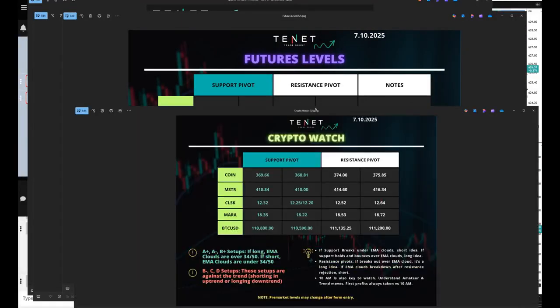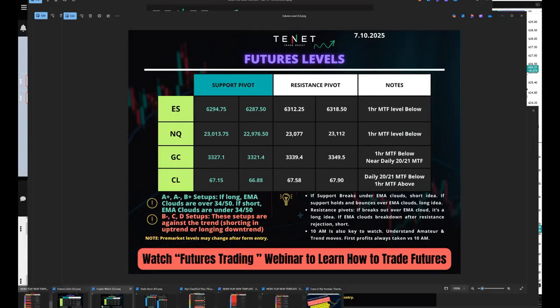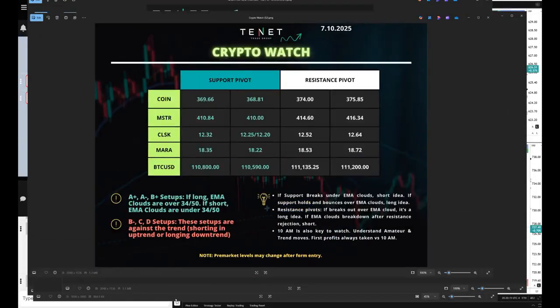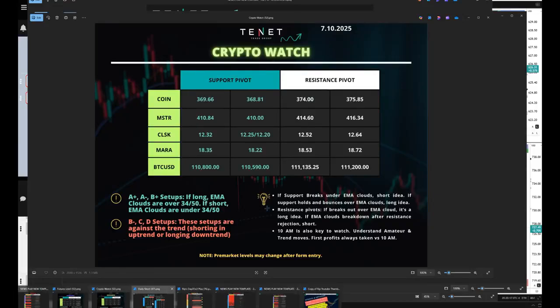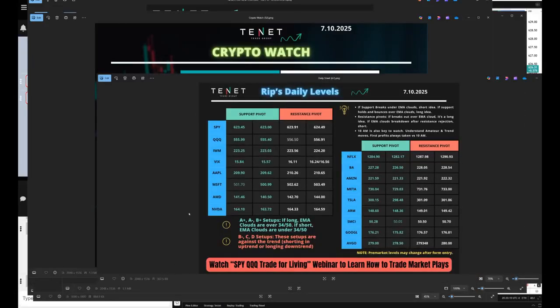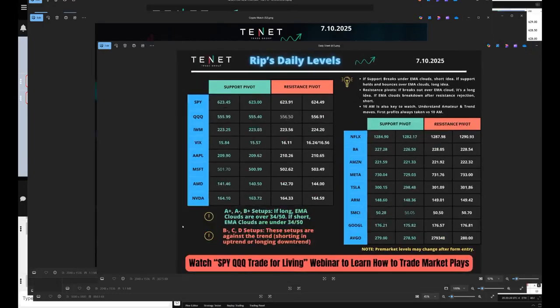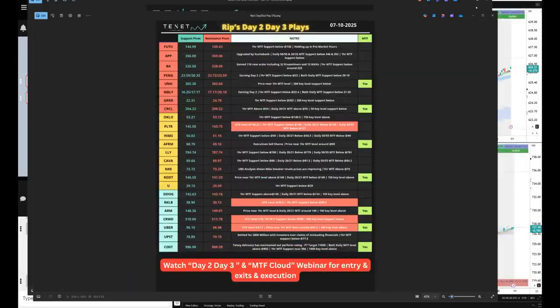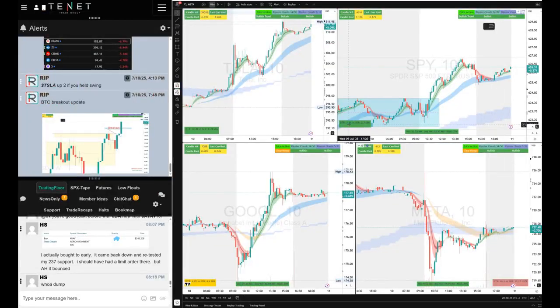We also provide the levels for crypto stocks, COIN, MSTR. You can trade those stocks based upon the levels we provide, and the Ripster EMA Cloud system as well. And also we trade SPY, QQQ, IWM, all the indices, ETFs every day. So everything is provided to our community members in the pre-market. We also trade low floats. We have a low float channel. We trade IPOs, everything which we make a plan for in the pre-market.